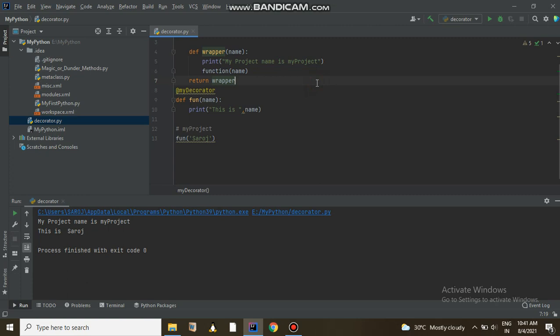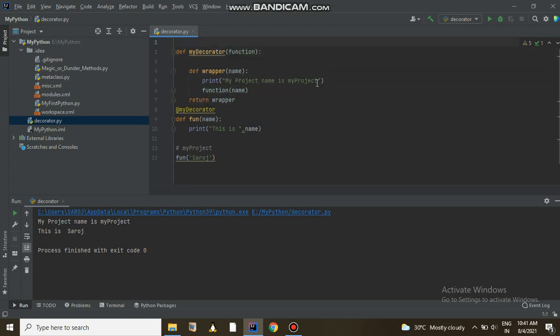To do that, as you already know, the very simple thing is you need to use the keyword arguments, args and kwargs, and then I can pass them here. Pretty similar, right? If you execute it, you can see we are working fine.